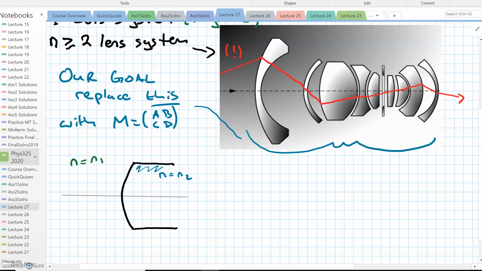There's really only 2 things that can happen here. There's only 2 things we need to consider. So let's look at a particular ray. I'm just going to invent one. It starts around the origin there, hits a surface, and then goes